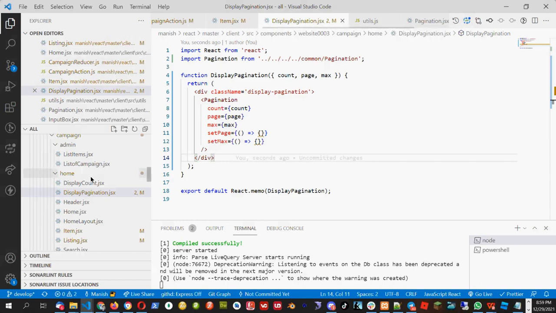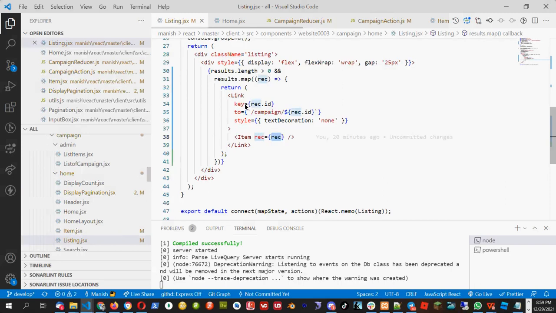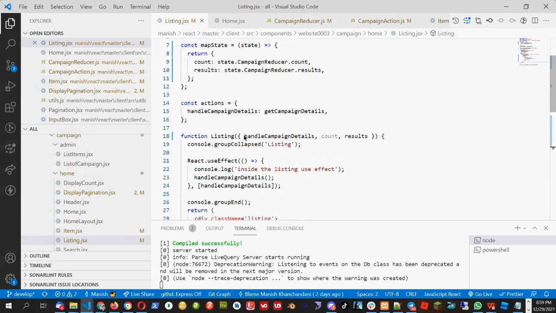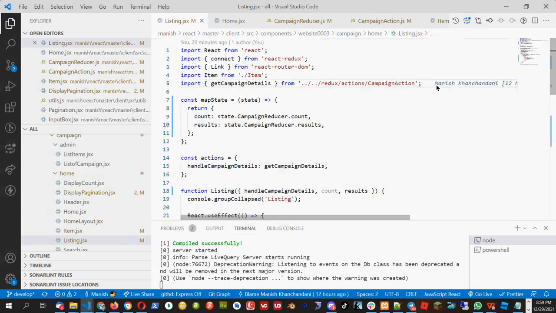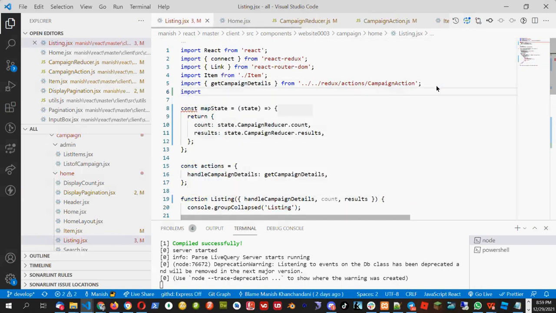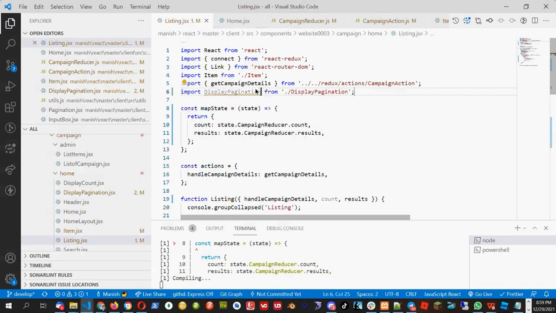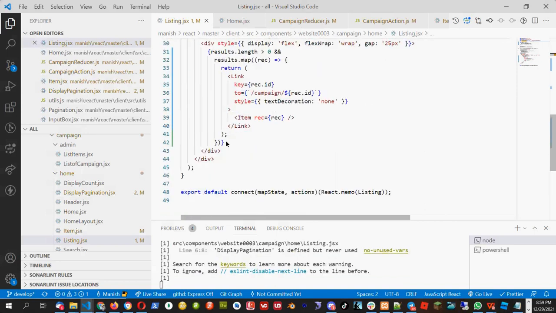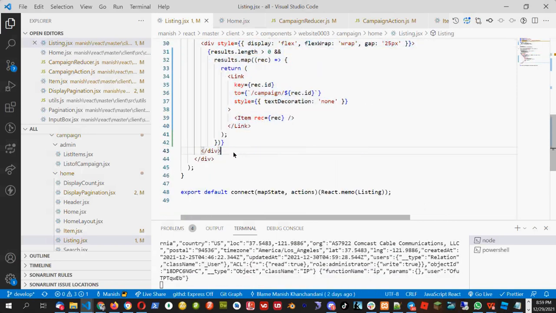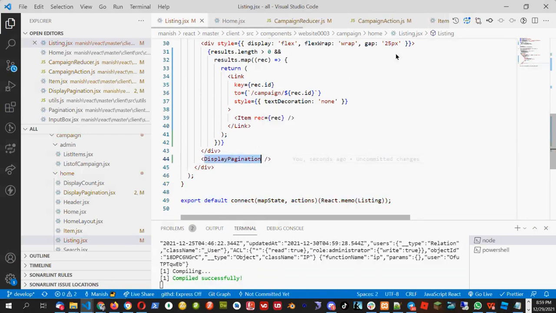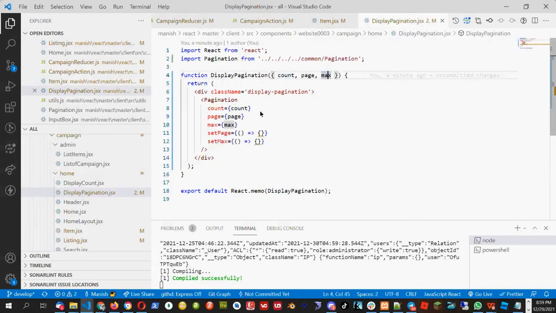If I go to the listing page, I need to show pagination here. Let's import the pagination also here. Import display pagination, and I will create display pagination here. After this div tag, I will call the display pagination. Now what things do we need to pass to the display pagination? One is count, page, and max, and these two functions also, which I will do in some time.